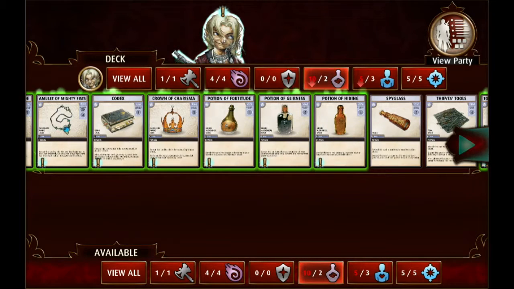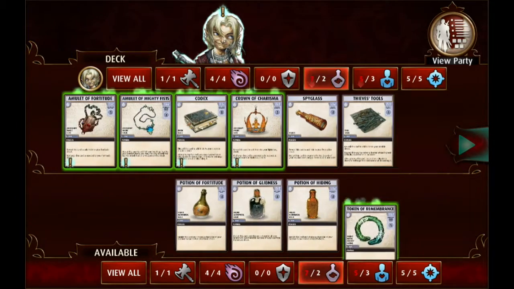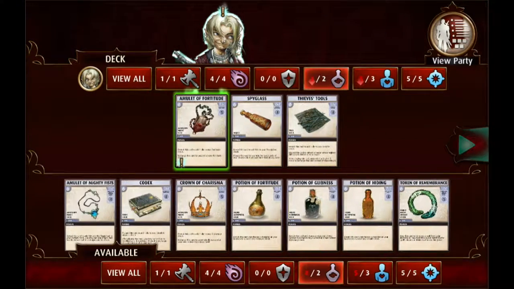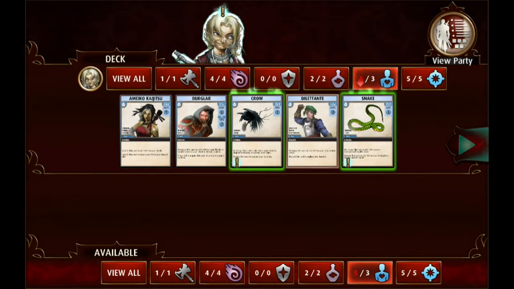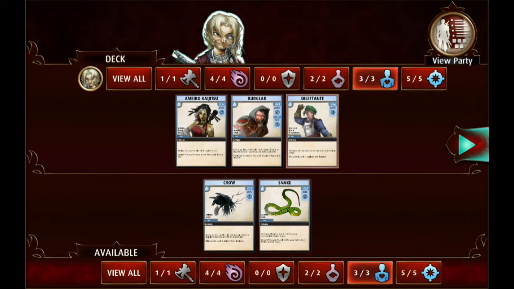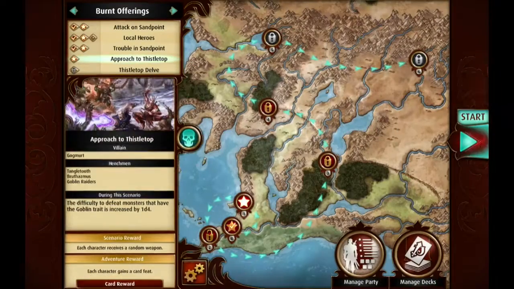Wow, looks like I picked up a lot of items. Alright, Token of Remembrance, I hate you. That Thieves' Tools is the most useful thing ever. And I'm going to stick with the ones I had. Alright, well,